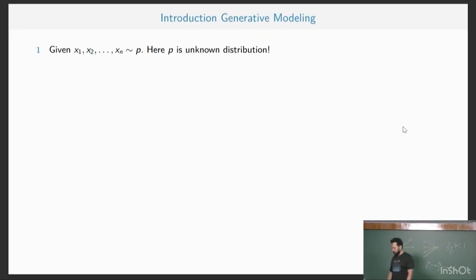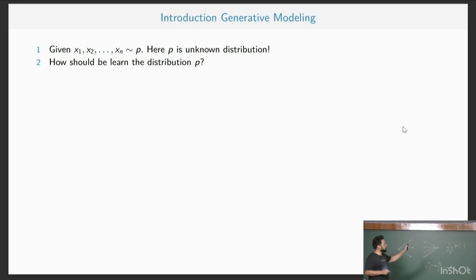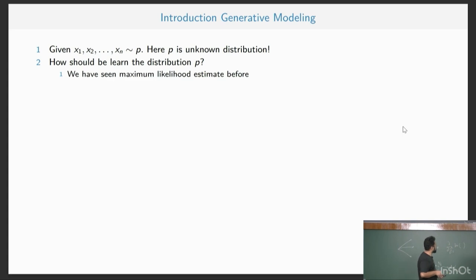So in generative modeling, our goal, given a sample that I pick from a given distribution P, okay, P is unknown, obviously, that's the whole point. How should we learn the distribution P, basically? We have seen in the last class one thing is maximum likelihood estimates, but when we do the maximum likelihood estimates, we have seen that